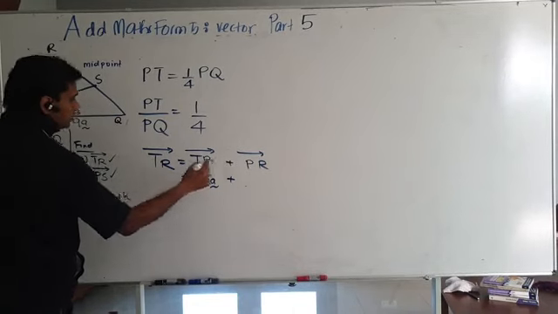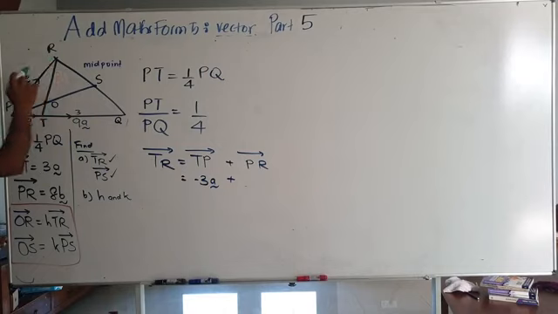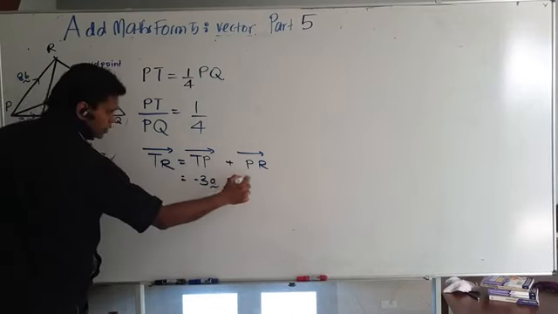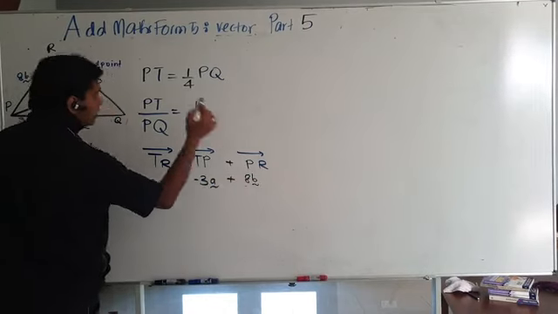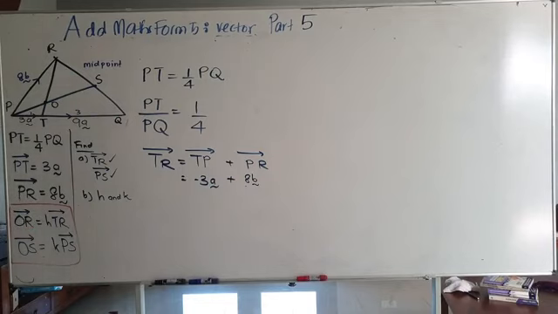All right. And what is PR? PR is given as 8B. So this is a 1 mark question. This is a paper 2 question, which normally carries about 8 marks. However, we have just done a 1 mark question. Next, let's take a look at PS. All right, let's take a look at PS.